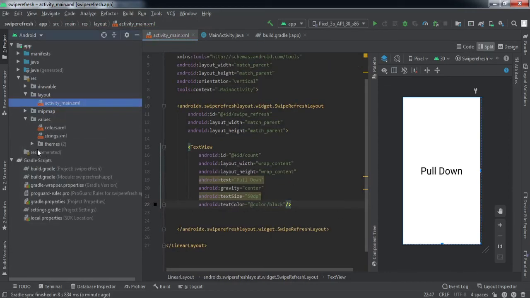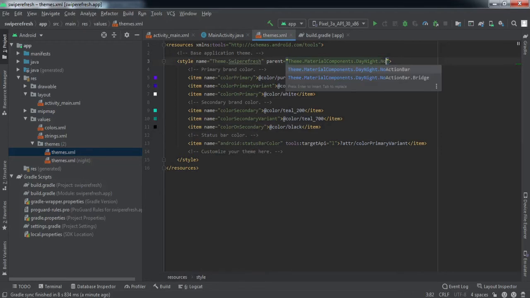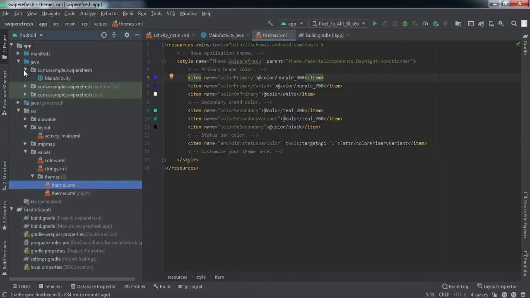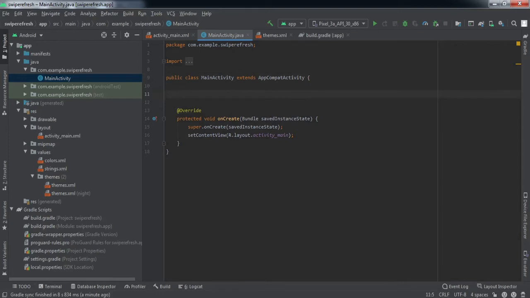Now I'll quickly go to this themes and change this dark action bar to no action bar, because we do not want any action bar right now. Then we'll go to this main activity Java file, right? Here we need to declare certain variables. The very first thing is swipe refresh layout.